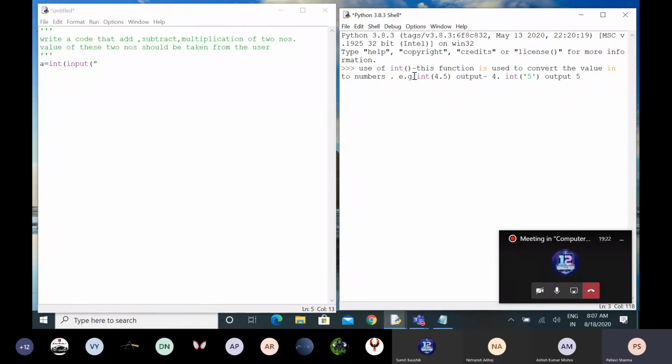Don't write, just write the example in this way, the way I have written on the screen. If we will pass the value in the form of string, then obviously we will get the value in the form of integer, whole numbers. It will not round off. If you want to note down, just write a single sentence in the form of note, NOTE. Note में this function will not round off the value. It will just remove the decimal part.